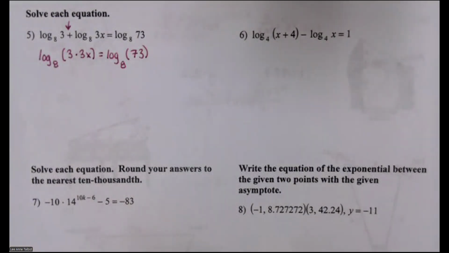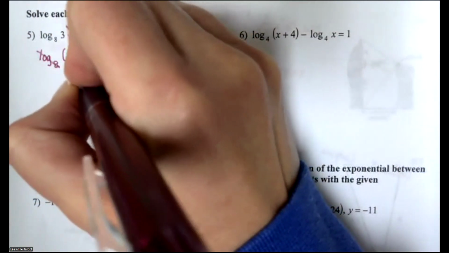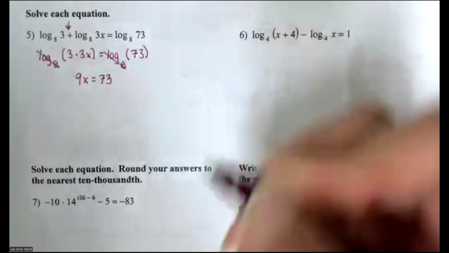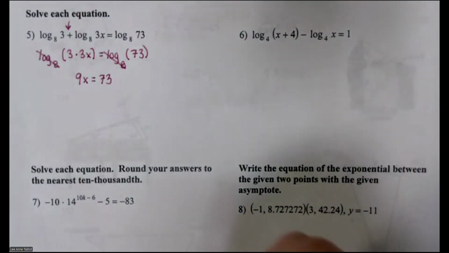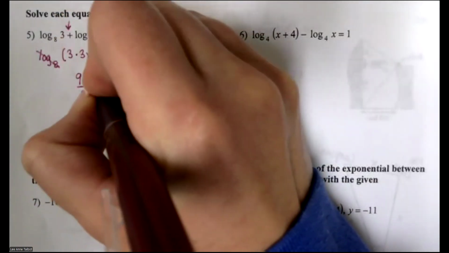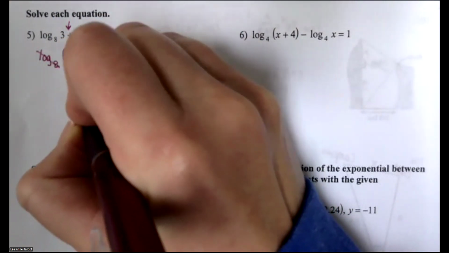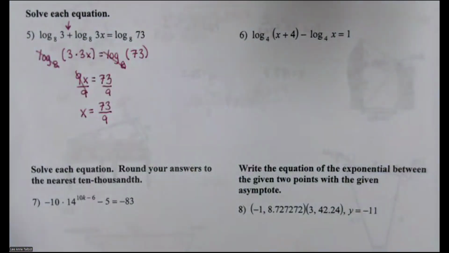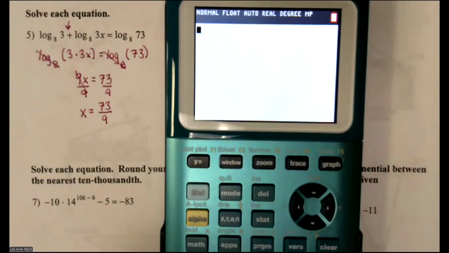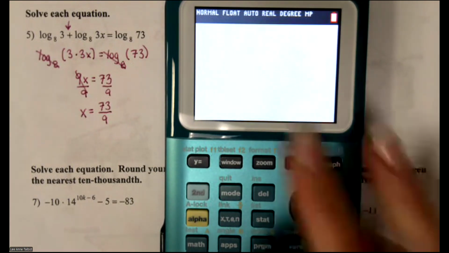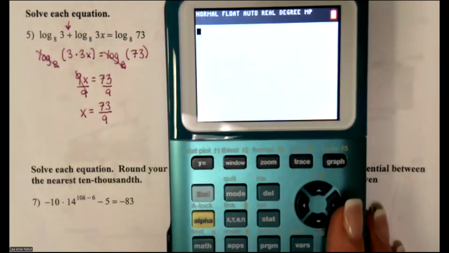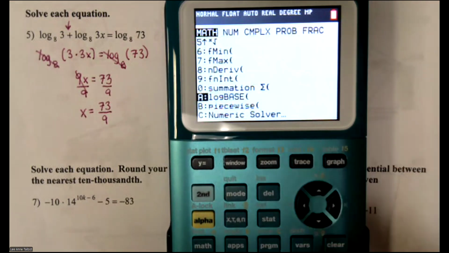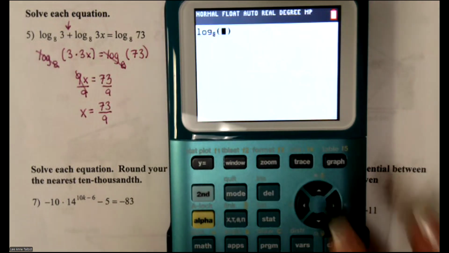Now you decide: circle or cross out. Cross out. Unfortunately, this is the most unsatisfying answer of all time. I am not going to find the decimal for this. It's just gross. I'm going to leave it 73 ninths and I'm going to plug it in to check it as 73 ninths. So math log base 8 of 3